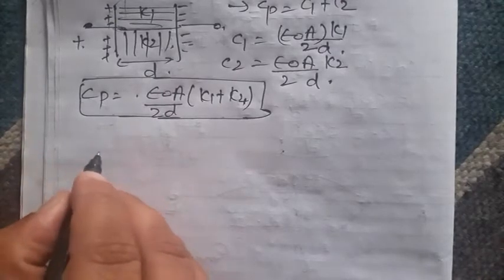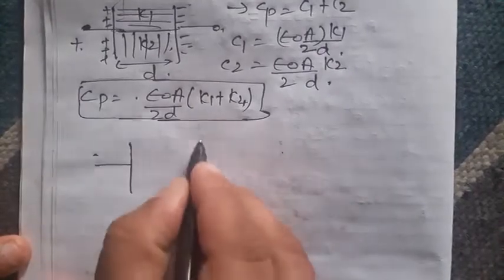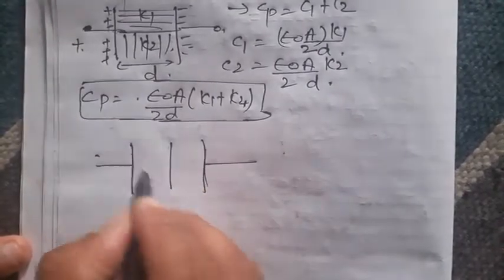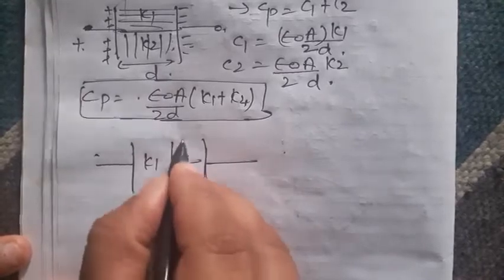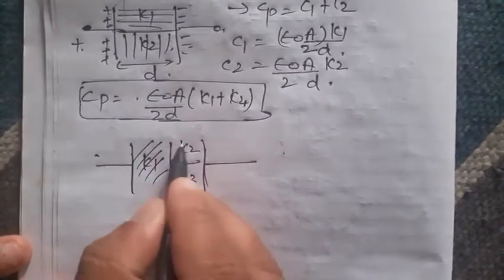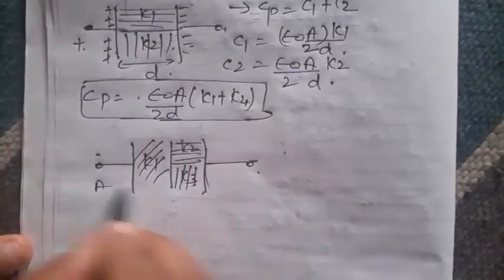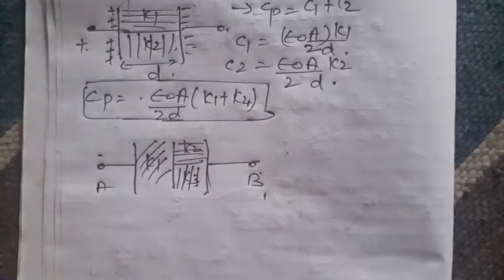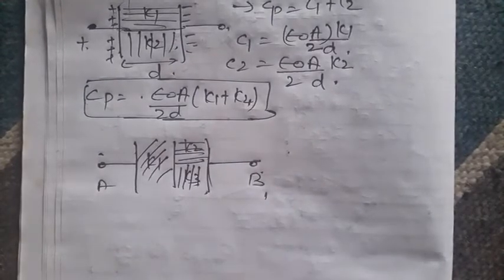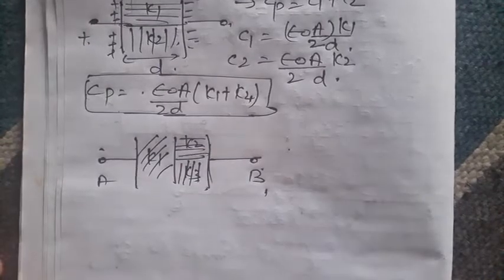Another assignment that I give you: if the question comes that these are again plates, half is filled with K1, the other half is further divided, with K2 and K3. Find the total capacity of A and B. These are some of the typical numericals given in these types of questions. Now I come further